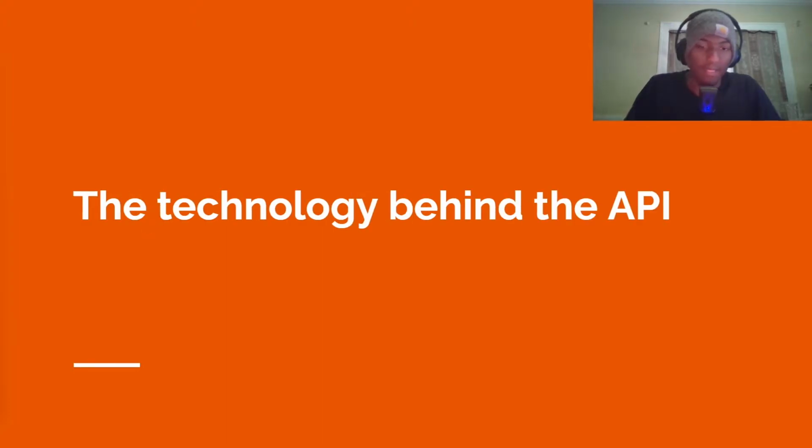So next, I want to jump into the technology behind this API and what this API does. For now, simply this API is going to take the server count sent from the bot. It's going to take that count and save it to the database. At the same time it's saving this count to the database, it's taking that count and posting to all the different bot lists that I have.